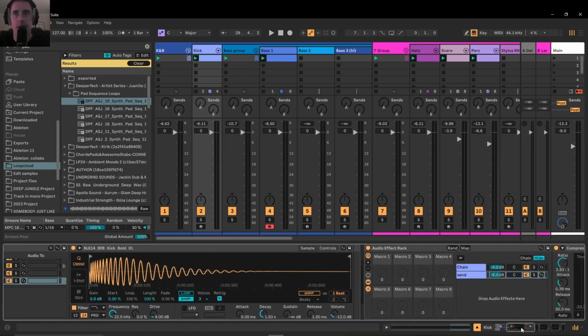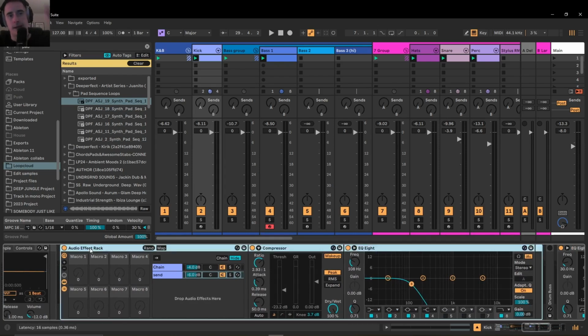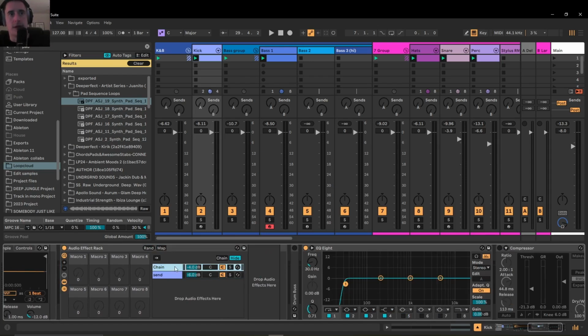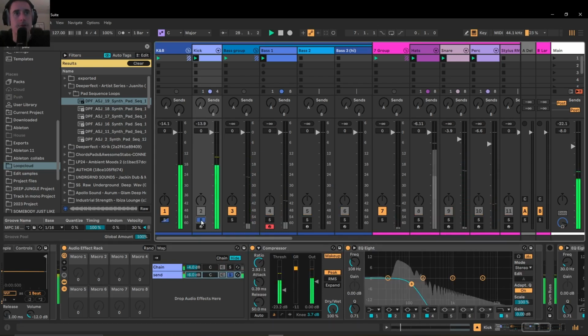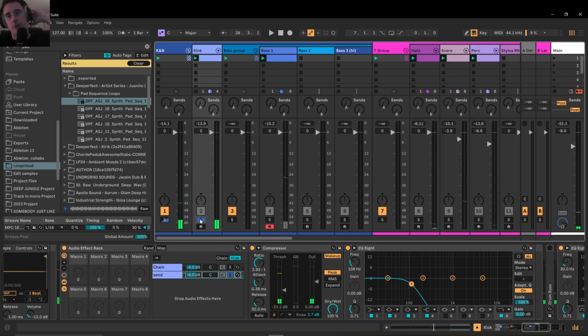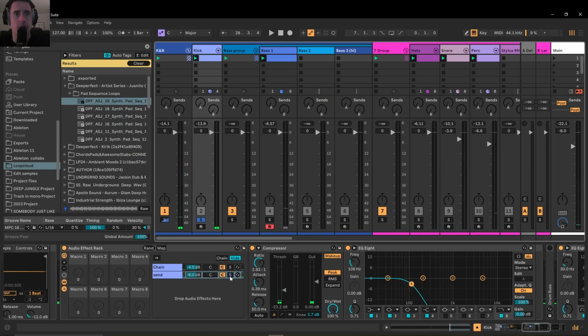I do that on each track, but then the kick is split with this audio effect rack here with two chains. So one is just the dry signal at -4 dB, and then there is a parallel compression chain which is doing heavy compression. And this is a trick I learned from Max Chapman on one of his videos, where with this EQ here you're isolating the lower end and you're really bringing energy to the kick with this part of the chain. So without it,